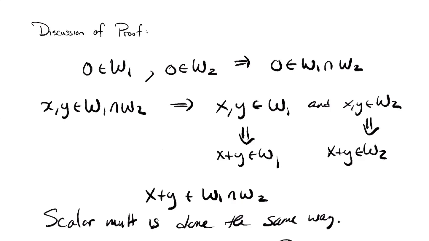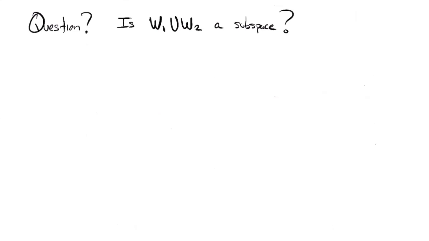All right, so the last thing I'm going to do is leave an open-ended question. The intersection of two subspaces is a subspace. What about their union? I'm not going to answer this question, I'm just going to pose it. Is that a subspace? Take two subspaces. Think about the three criteria if you just want to go for it abstractly. Or if you want to think about it in terms of a concrete example, maybe you could try to choose back